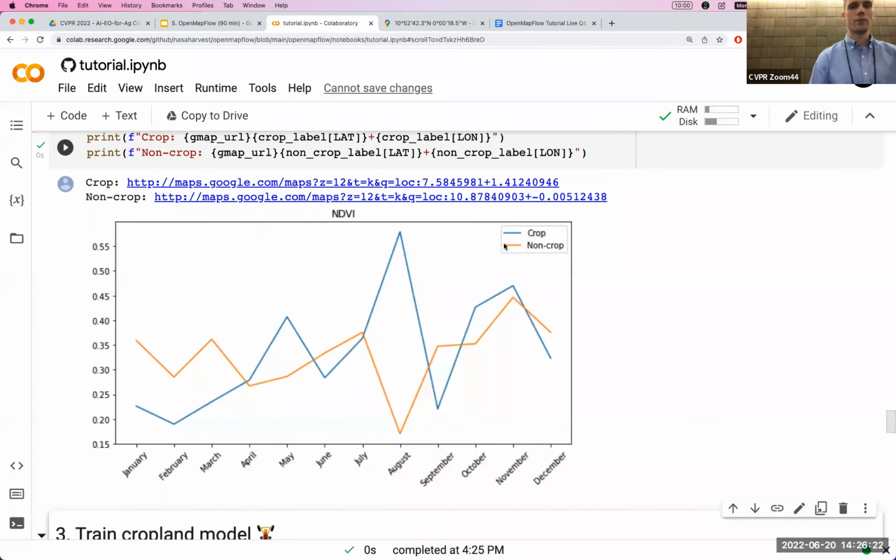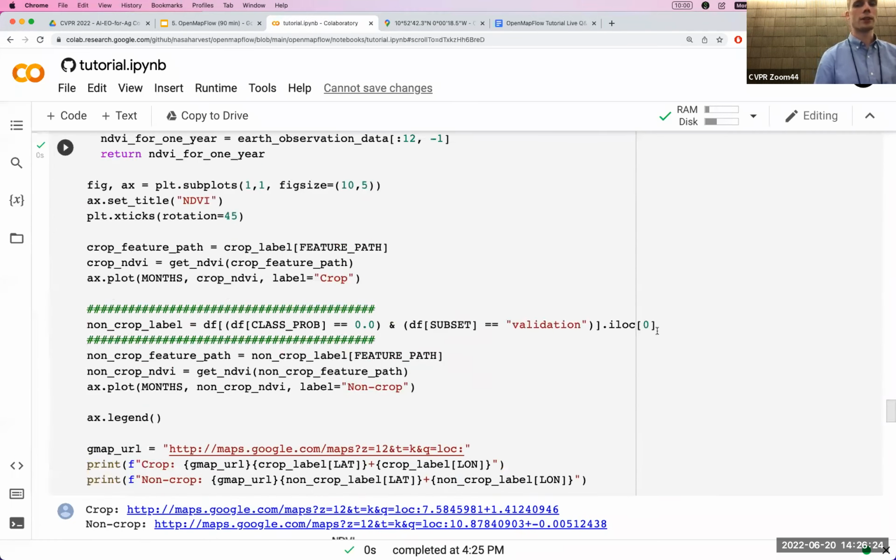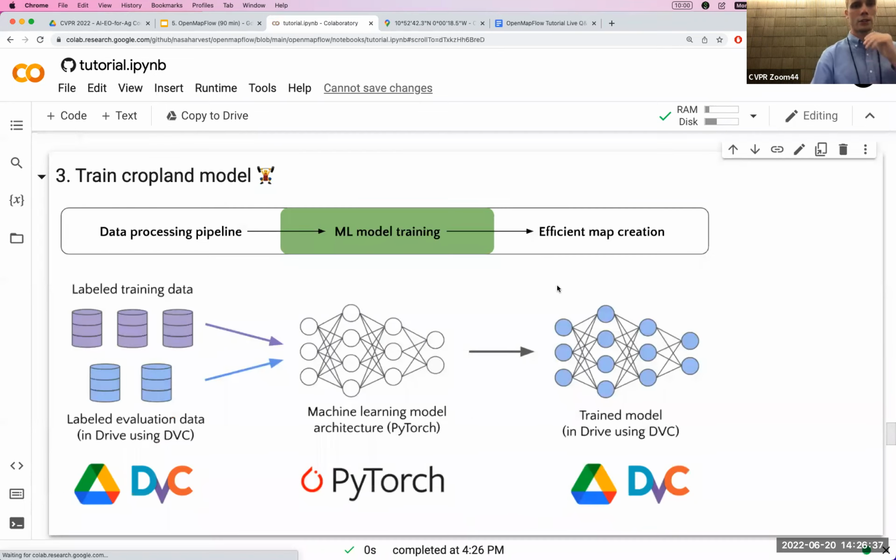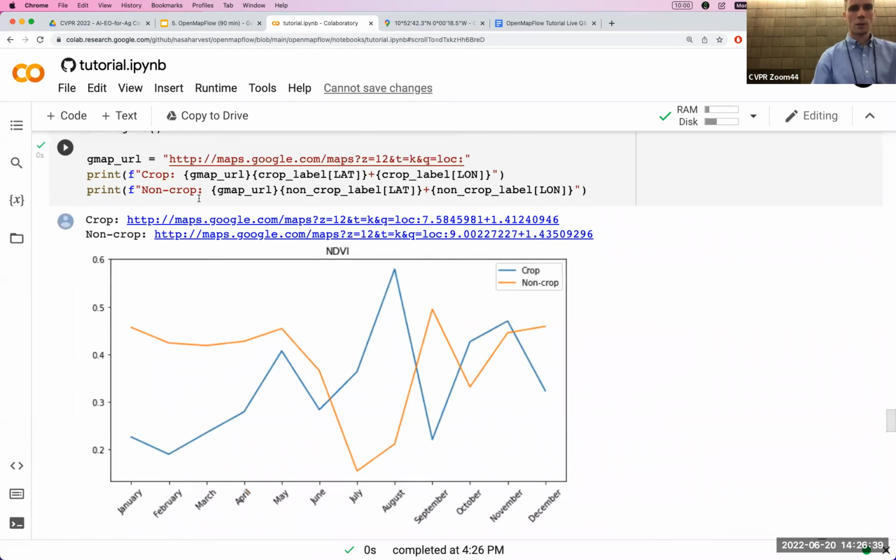We're just querying inside of the data frame, so you can really change this number to anything. I think we have about 200 or 300 examples here. So you can change this number to something less than 200 and you'll get another example. And actually one of the fun ones I had was 75. So if I do 75 and then open up the non-crop one,